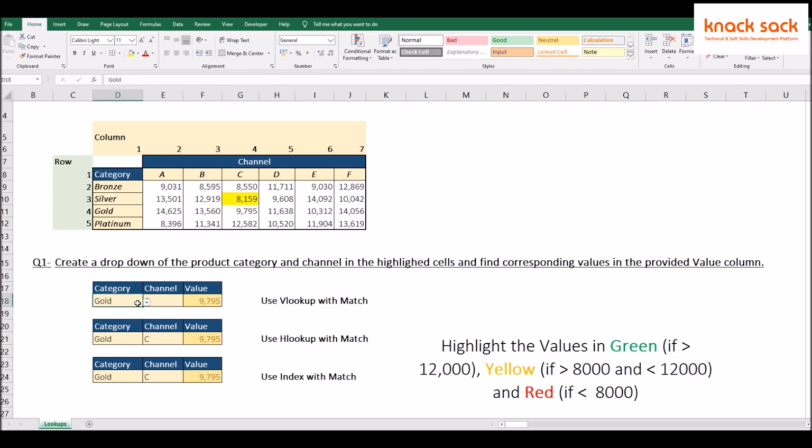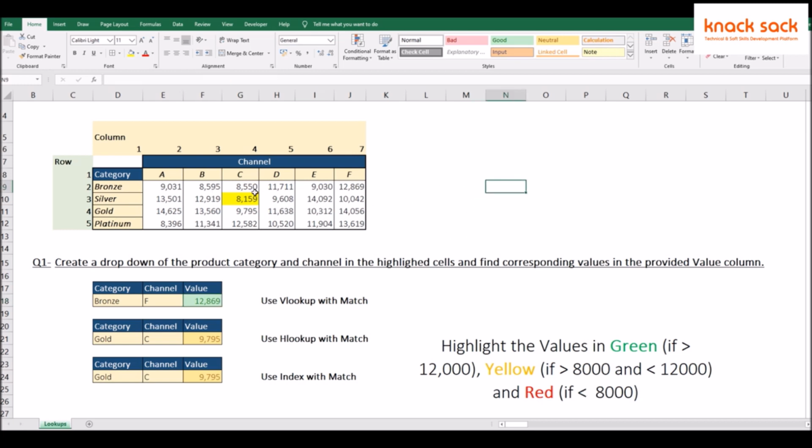So let's see. Greater than 12,000 is bronze F. So click on bronze and CD. It is green color. Next one is yellow color. It is fine. Then third one for red, we want it to be less than 8,000.